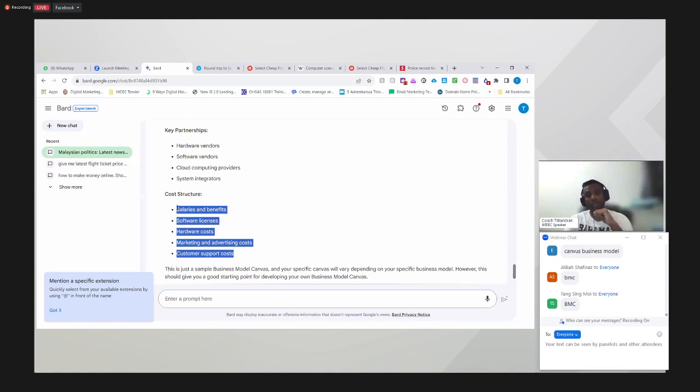So you see here the business canvas model is already generated by Googlebot for you all. So you guys can also use this to get an idea on your business model as well. Rather than you thinking, oh what answer is this, and want to start, start from here.